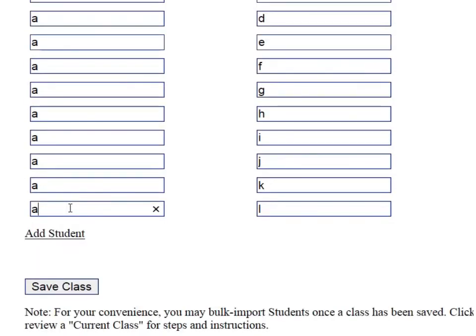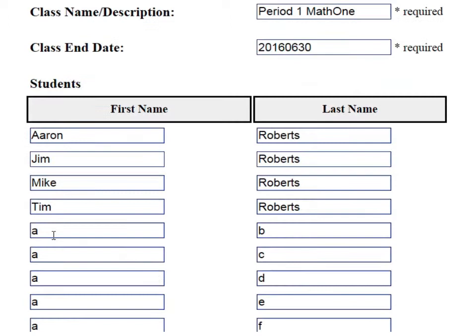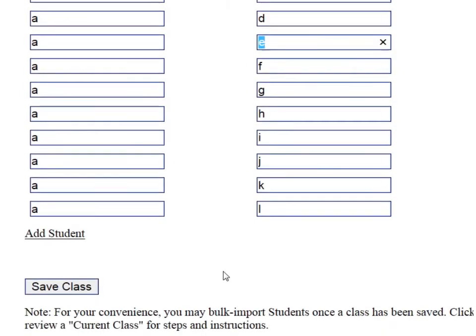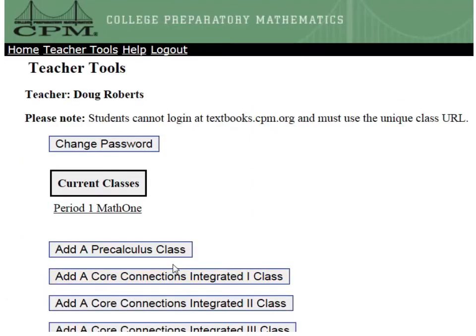The reason why I like to add a bunch of them first and not have to click this each time is once I'm editing, I have the benefit of being here. My hands are on the keyboard. I can type the first name, press tab and type the last name, and then tab and type another name, and then tab and type the last name. I like that because it's easy just to tab through each of these values, so I don't have to grab my mouse and move my cursor around and click other things. So once you do have all the information added in, you're going to click Save Class,